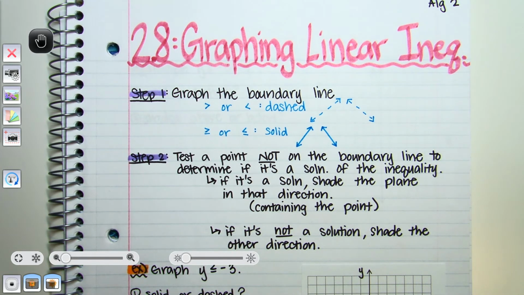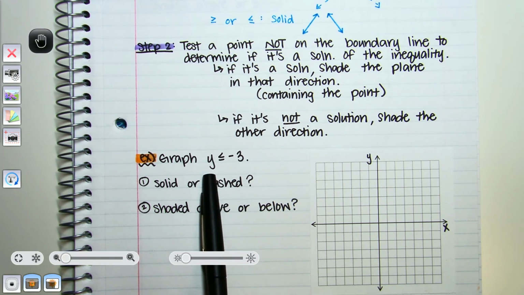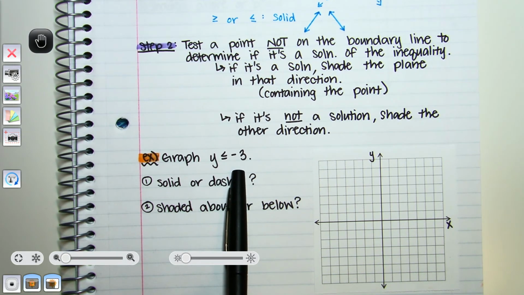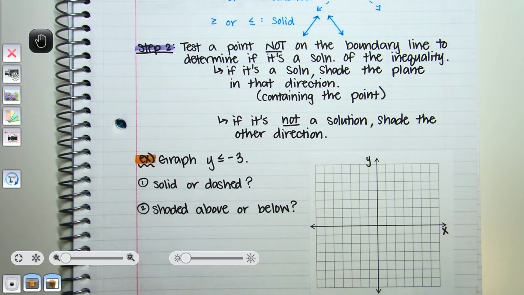So let's go ahead and look at an example. I'm going to start with one of these special cases where we don't have an x value. So our special cases are these horizontal and vertical lines, the y equals and x equals equations. So we have the inequality y is less than or equal to -3. This means it's going through the y-axis, which is the straight up and down,